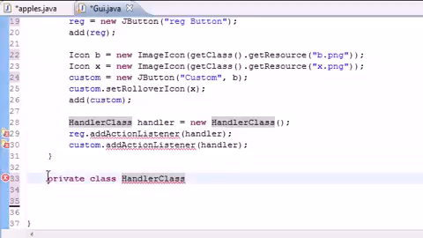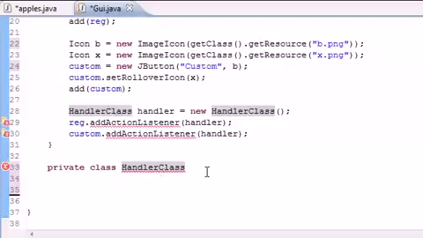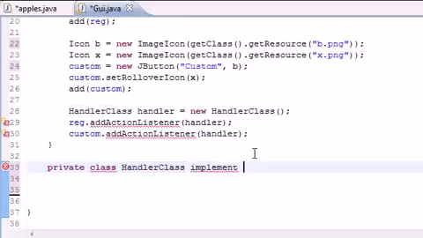And yes, we are putting a class inside this main class. We are allowed to put classes inside classes. So, you know, just letting you know, we can do that. Why? Because we just did. And we'll have this implements, there we go. Did I spell that right? Implement action